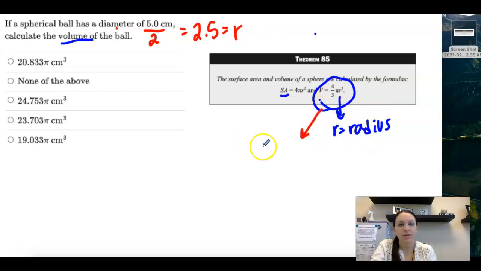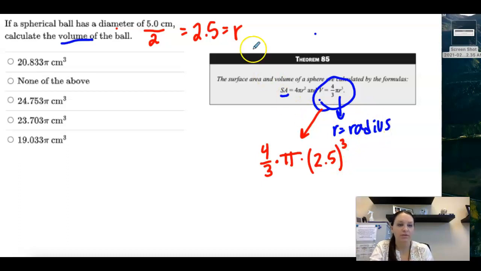So my formula would be 4/3, and then remember these are all multiply when they're stuck together, times pi times R, which is 2.5 to the third. And then I'll put it in my calculator. But I want you to notice our answers. They all have pi. So I'm not going to put pi in the calculator. I'm only going to do 4/3 and then 2.5 to the third, and then pi will come down as part